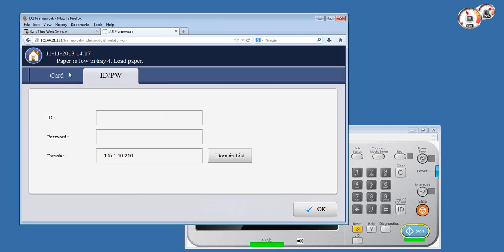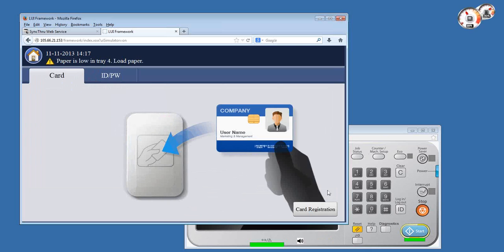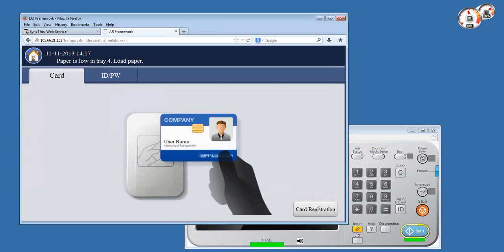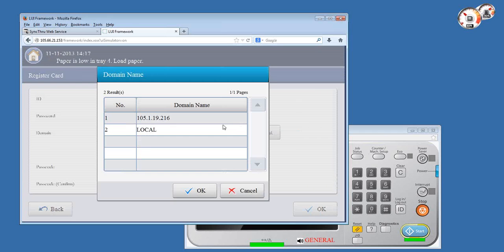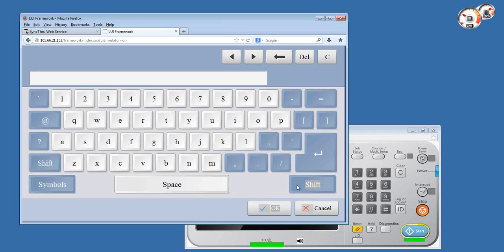Besides that, you can also log in with an ID and password, which is what I'm going to do from a remote standpoint anyway. I'm not near the machine, so I can't swipe. But notice the button on the lower right, which allows a self-card registration. These are the steps that an end user would have to go through, and it's quite easy to follow in order to authenticate securely with a card reader. They would just have to type in their user ID, whichever that might be, the password, and the domain, whether it's LDAP or a local account. They will choose it here from the list. And then